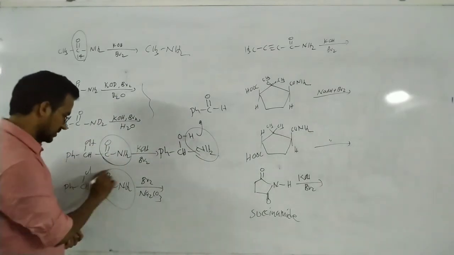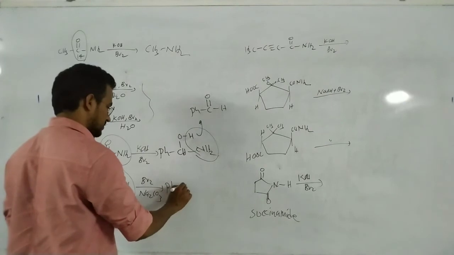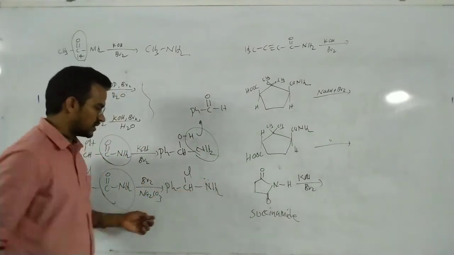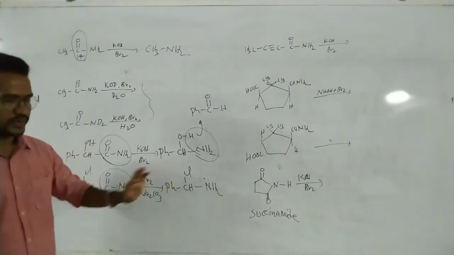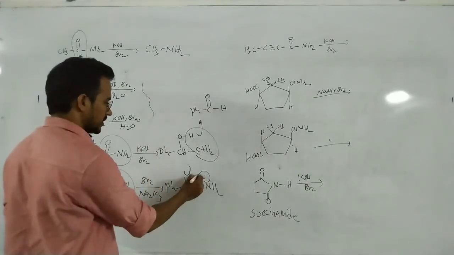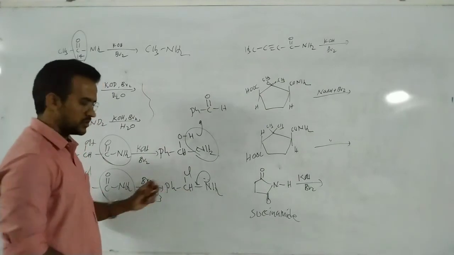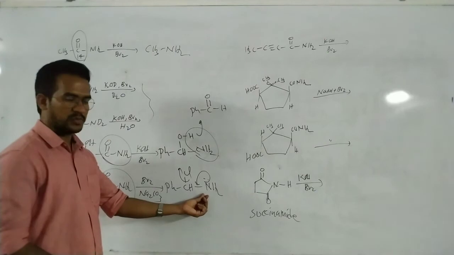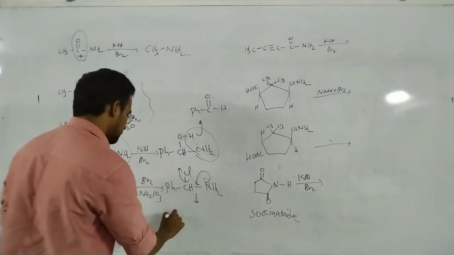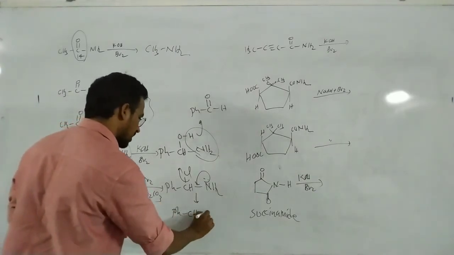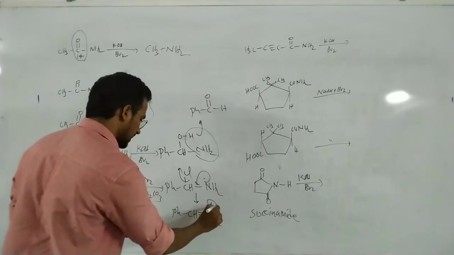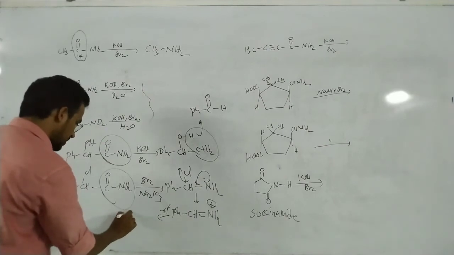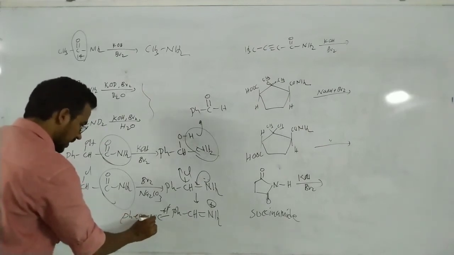Now in this case, this is also different. So Ph, CHCl, that is NH2. Now in this case again this carbon is bonded with two highly electronegative elements. So here, with the formation of the pi bond and loss of Cl minus, this one carries a positive charge with the help of a lone pair of electrons. Here we will get PhCH double bond NH2 plus. Next, followed by loss of a proton, PhCH double bond NH.